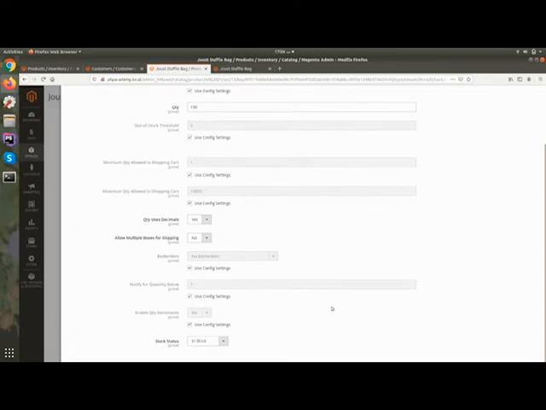For example, let me set it to 0, and allowed quantity to 0.